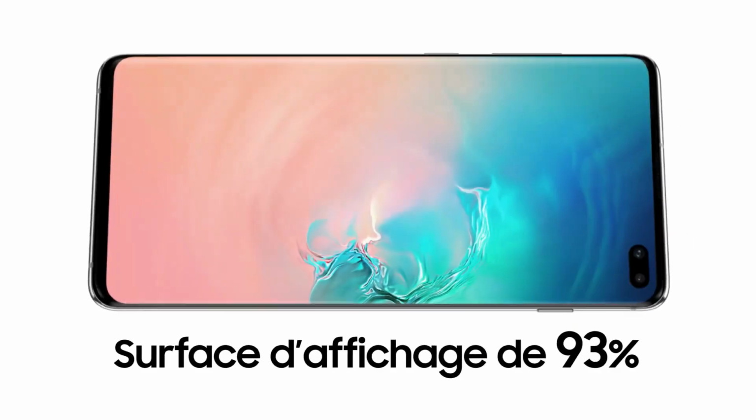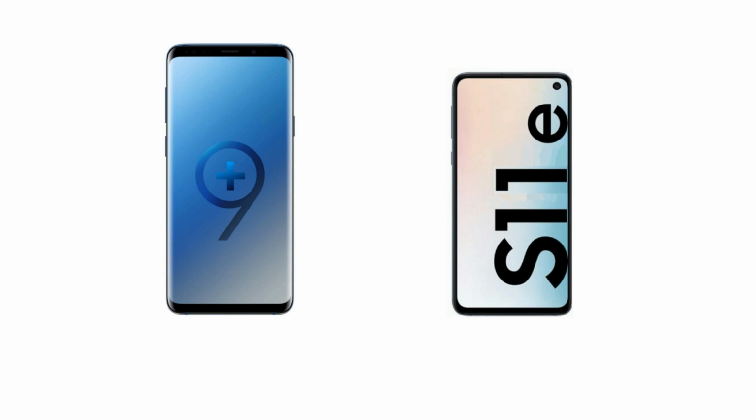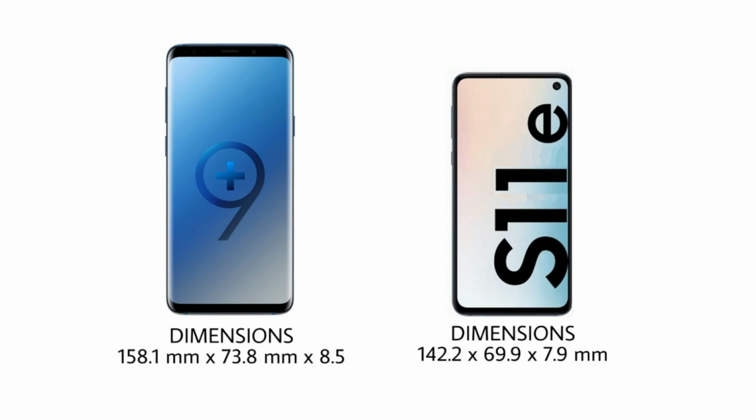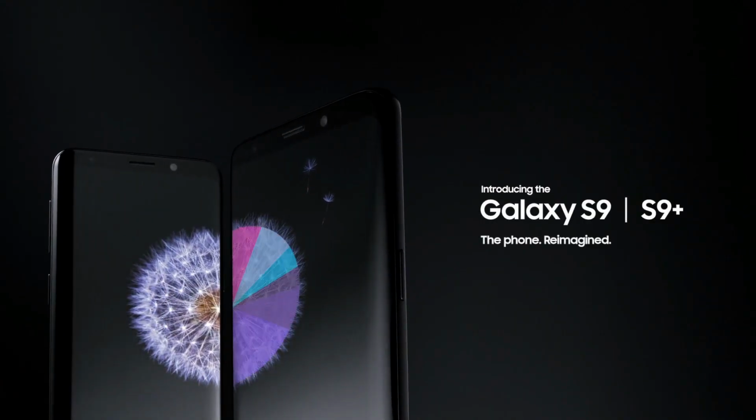We have the battery capacity of all the smartphones, so let's chronologically start from the smallest. The smallest of the Galaxy S11 packs a bigger battery than the biggest of the Galaxy flagships just 2 years ago. The Samsung Galaxy S11e is going to feature a battery somewhere between 3800 to 4000 mAh, whereas on the other hand the S9 Plus only had 3500 mAh. The Galaxy S9 Plus has a full 27% more volume than the S11e, but still somehow has 10.2% of a smaller battery. And yes, I did the math myself,